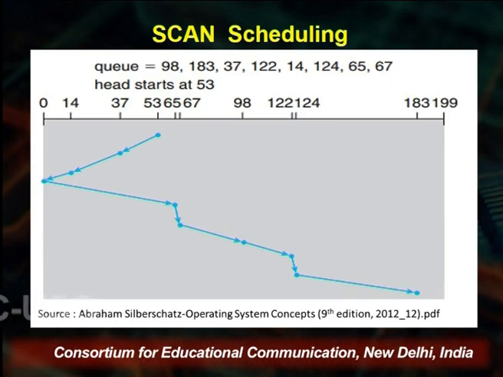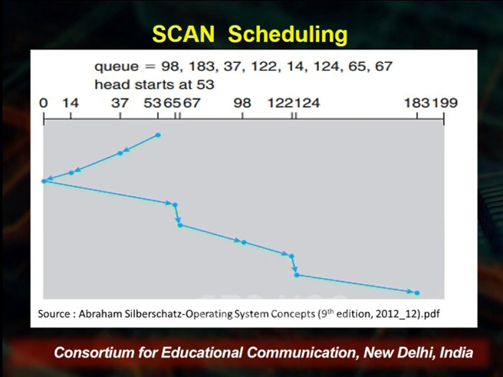Let us say, for example, here we assume that the current position is at 53 and the disk arm is moving towards 0. The initial head position is 53. So, the head will service the request which is at 37 and then the one at 14. If we look at this figure, 53 was the current position from which we have begun, and then the direction of the head is towards the left. It is going towards 0. So, from 53 it will service 37, then it will service 14, and then after servicing 14 it will go till 0, because that is what your scheduling algorithm says. It will go towards 0. Now, in between 0 and 15 there was no